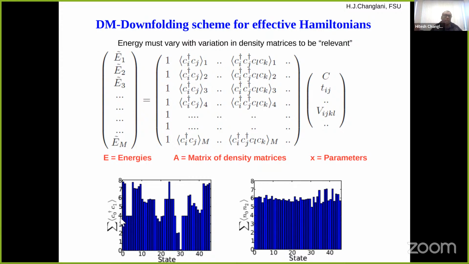And if the energy is changing a lot with a particular density matrix element, well, then it's likely to be important in the low energy physics. But if there is a density matrix element, or a correlation function, that doesn't essentially change in the low energy physics, well, then you might as well drop that parameter out. It's maybe not going to contribute as much in the low energy physics, or maybe it's subleading important. Right? So you can basically do diagnosis of this type to filter out which parameters you want to keep and